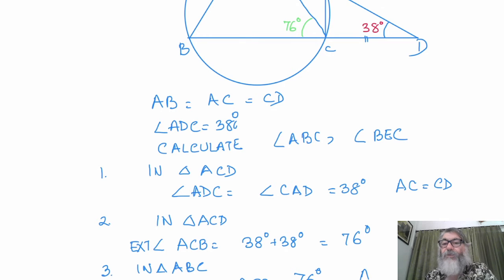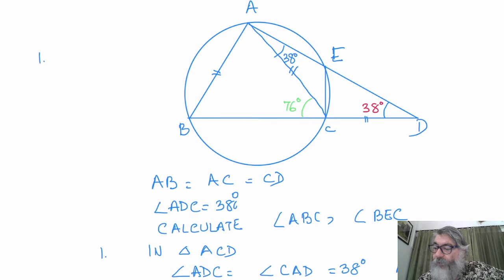If again two sides of the triangle are equal, and it is given that AB and AC are equal, then this angle ABC also becomes 76. ACB is 76, so ABC will also become 76. Now he wants you to calculate angle